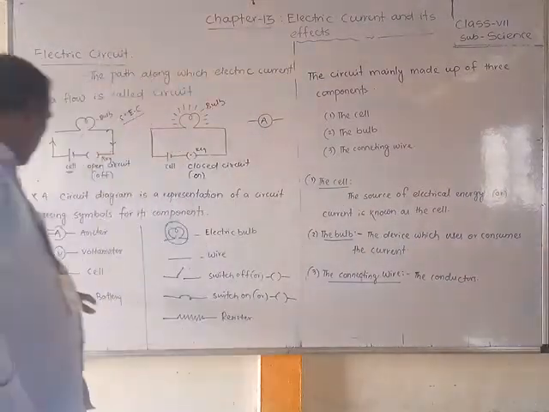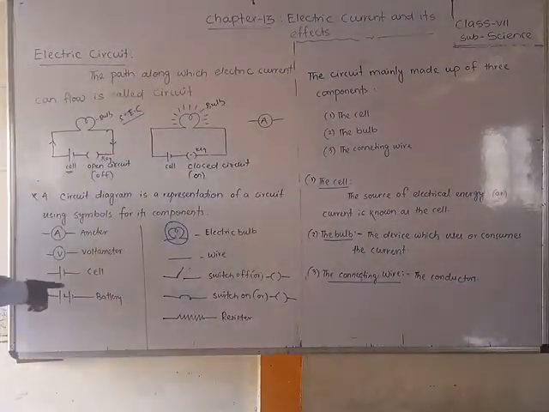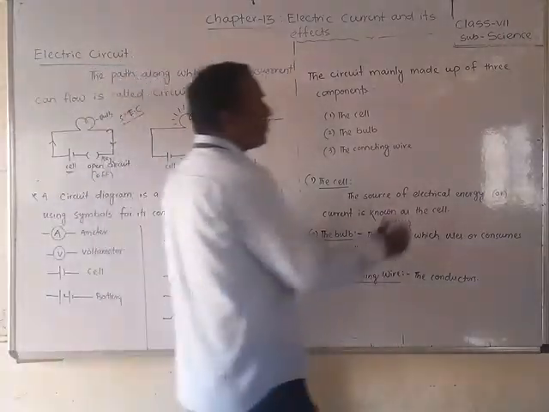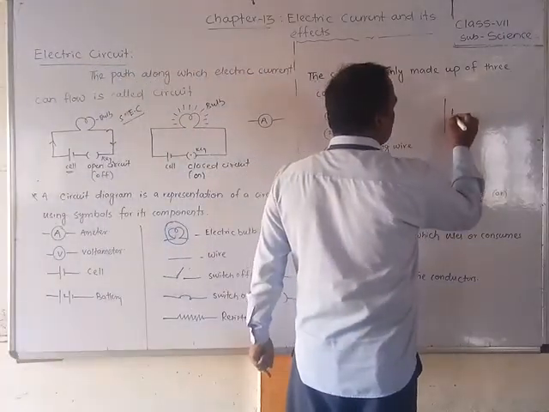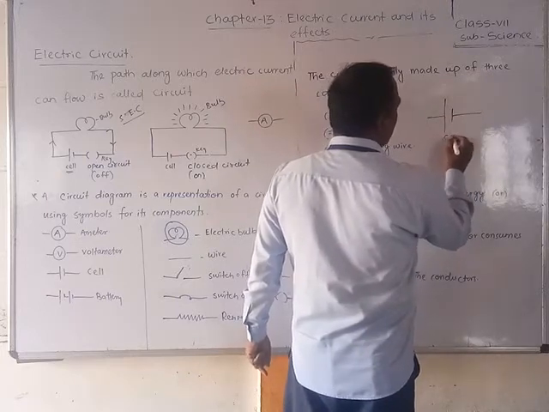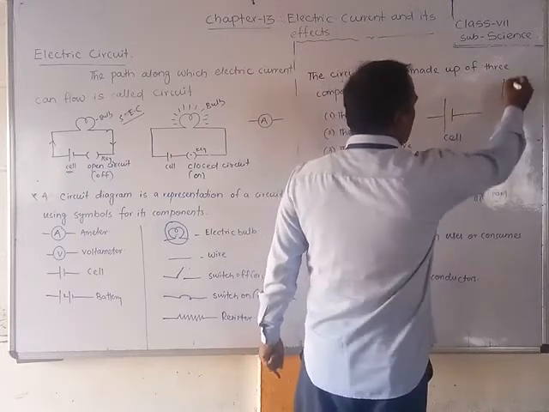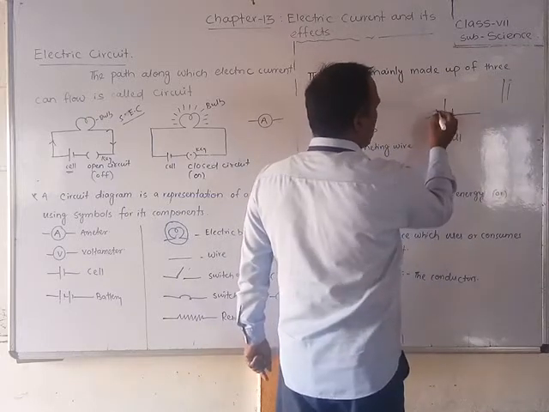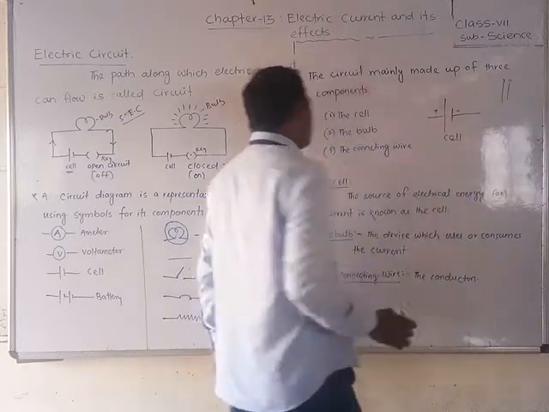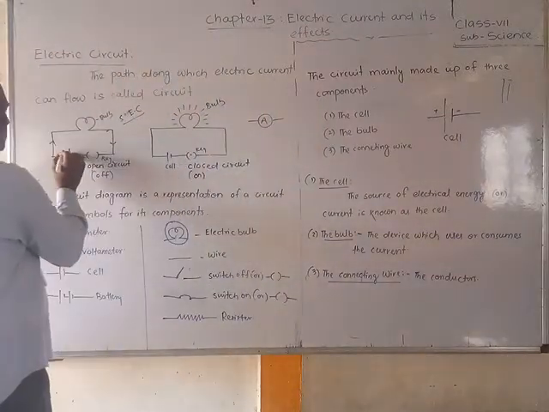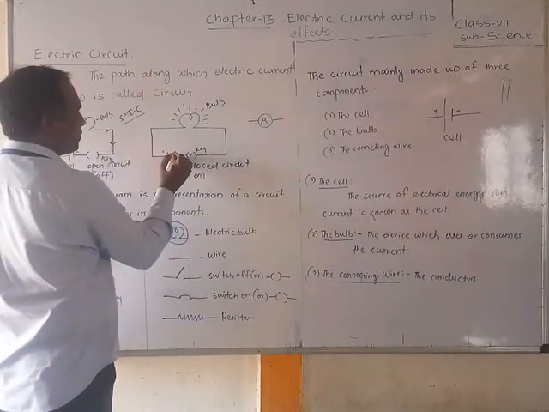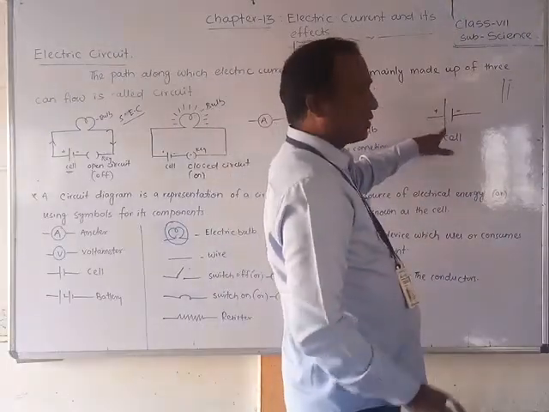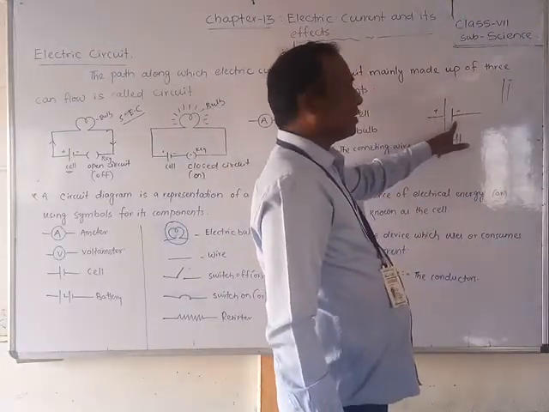Okay. And this is a cell. Observe, friends, there are two differences. A cell is two parallel lines, but one short and one long. This is called a cell. The long one is positive, and this is negative. Always remember, friends, here also this is positive and this is negative. So of these two lines, the long line is called the positive electrode and this is the negative side.